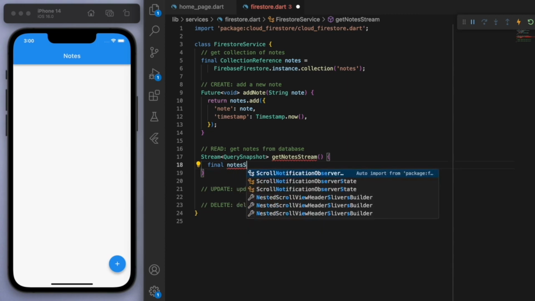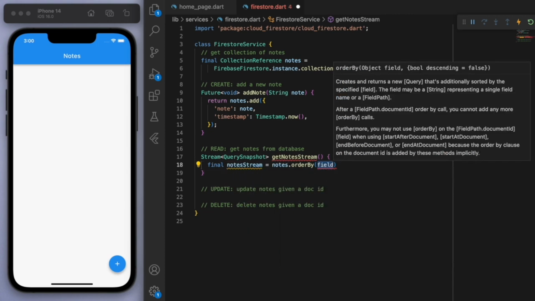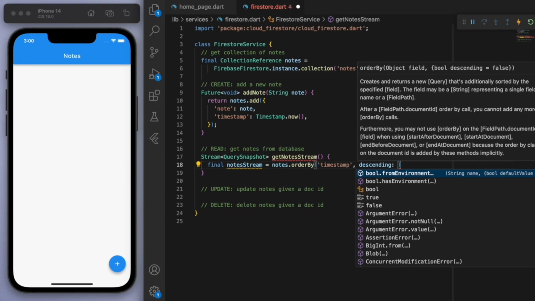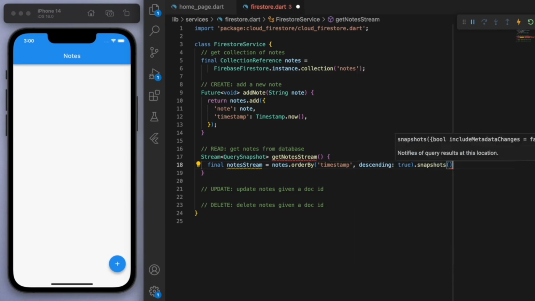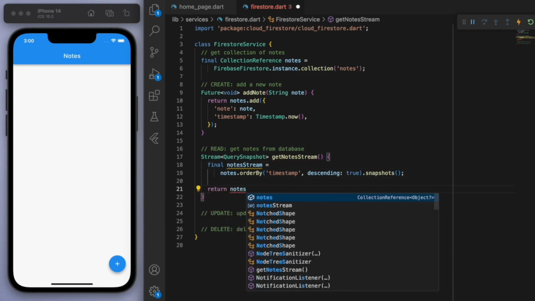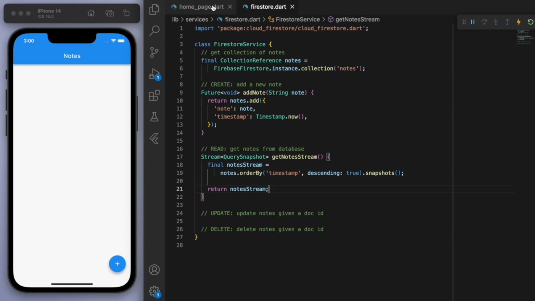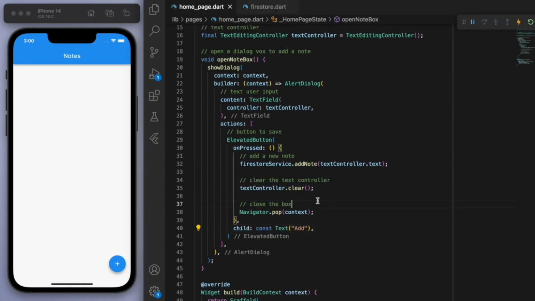And we want to get the notes, and we can now order them by the timestamp. So descending, let's say true, meaning the newest one is going to be at the top. Cool. So if I come back to my UI in the home page,